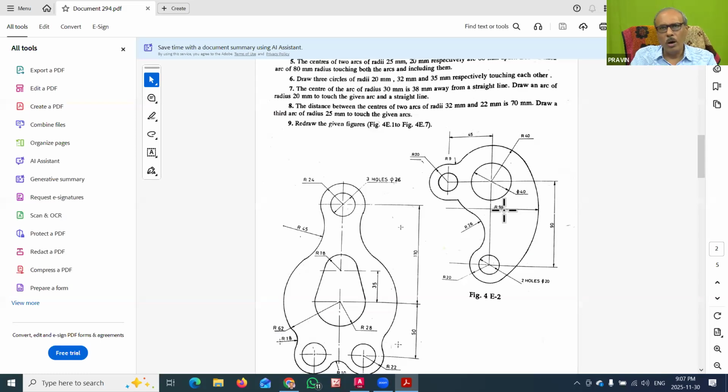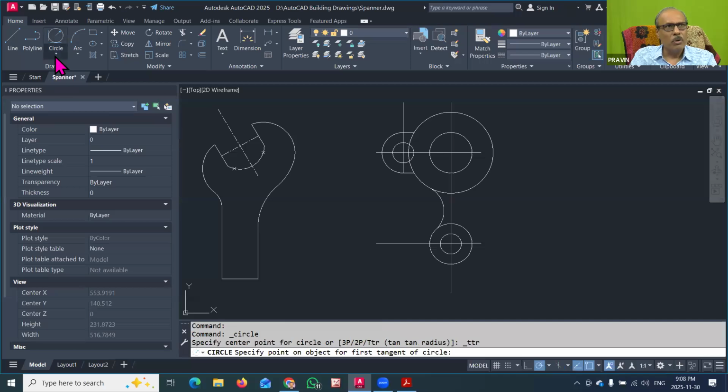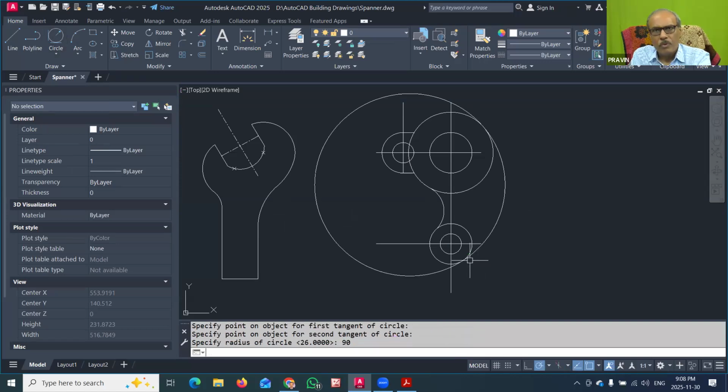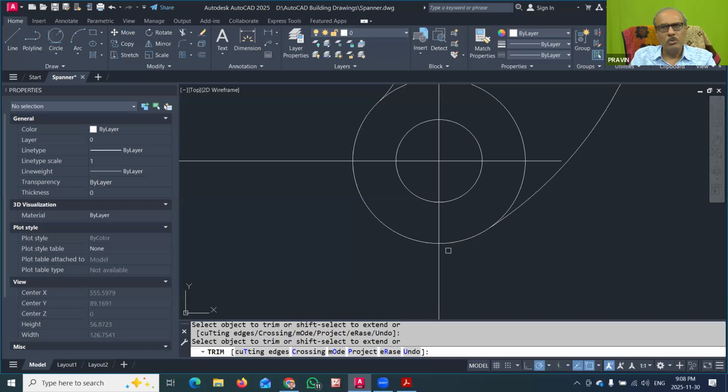So again we have to go for tangent radius. But this time, what will we do? We will go to the circle command again, and here we have to choose the option as tangent radius. And now you can see that it is tangent to this circle, and radius of 90. So you can see that this is the circle having radius 90 and it is touching both this outer circle. Now this part was completed. The remaining part of this circle we can trim from here. So I will trim this part. So you can just see, zoom it here, and this also we have to trim.